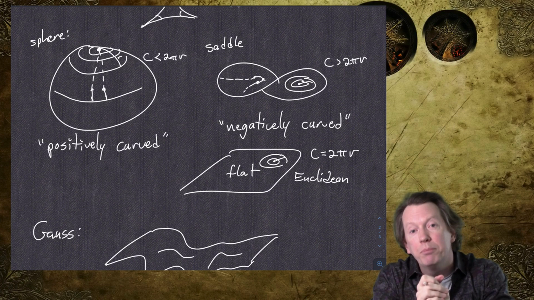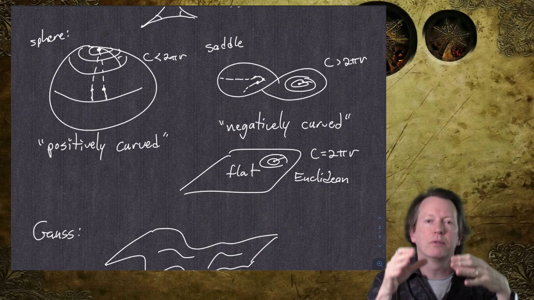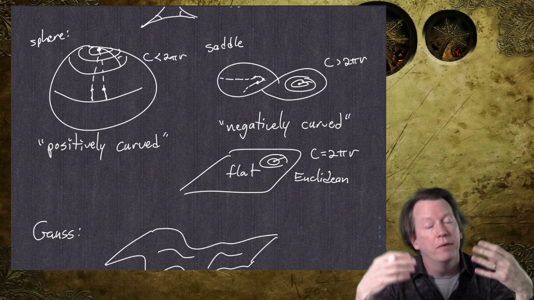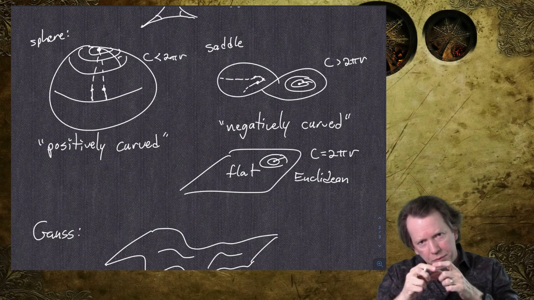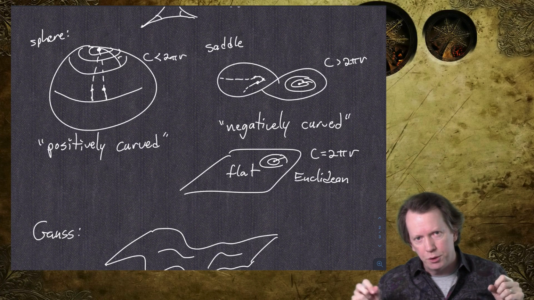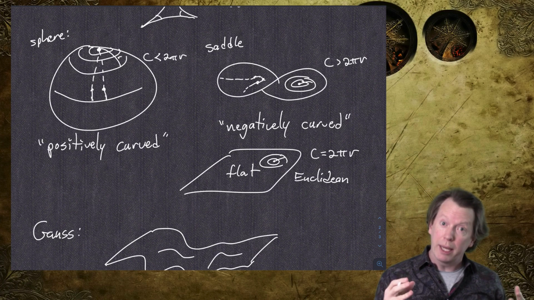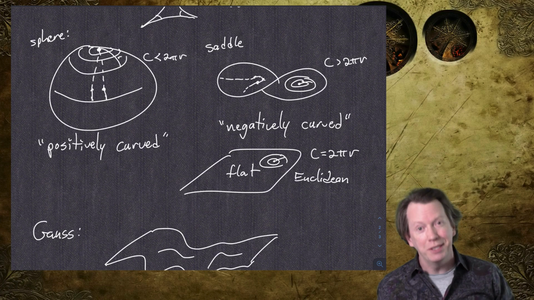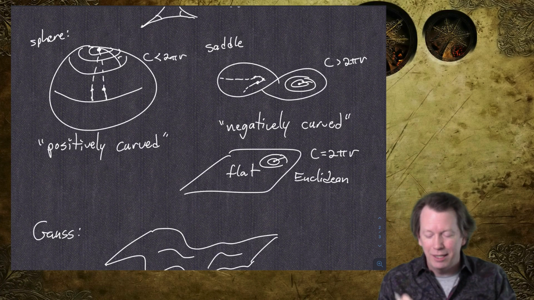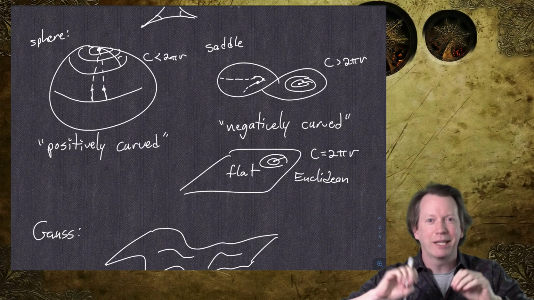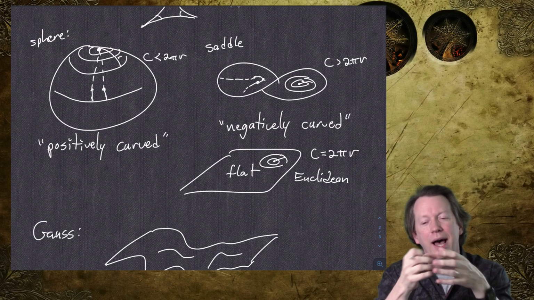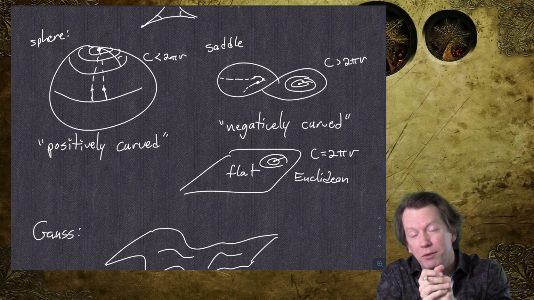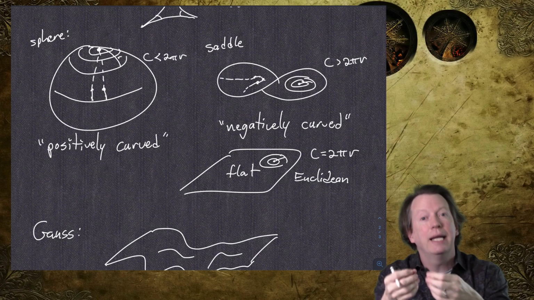So that's one example of what I mean by characterizing quantitatively the curvature of a surface. Once you say, well, okay, the circumference of a circle of fixed radius is not 2 pi r, it's something else, maybe I can say, well, how different is it? How less is it? Of course, it's infinitesimally less, but then I can use calculus to take the derivative of how the circumference is changing as a function of the radius,